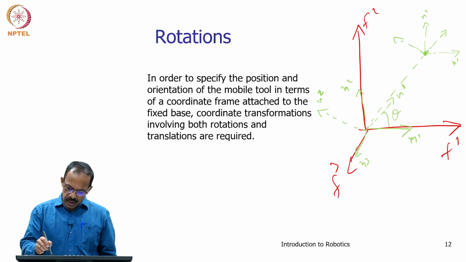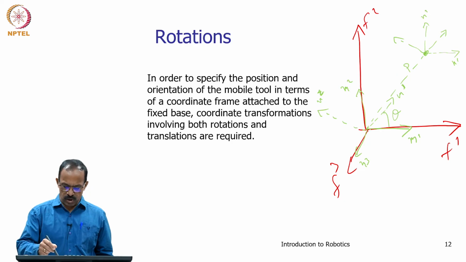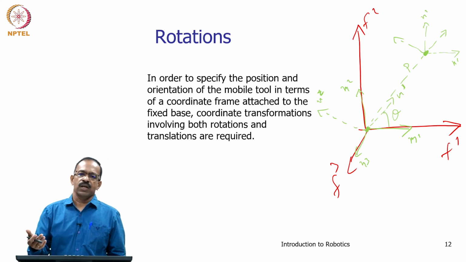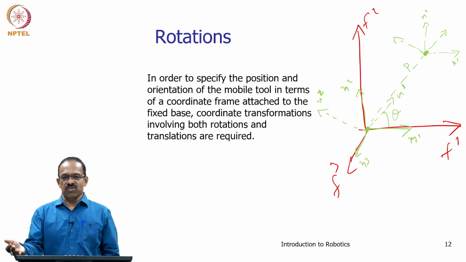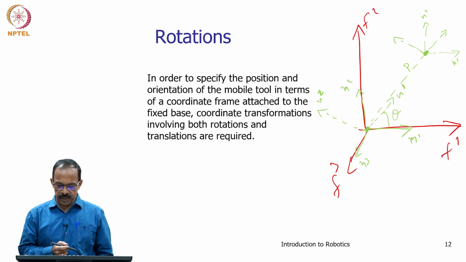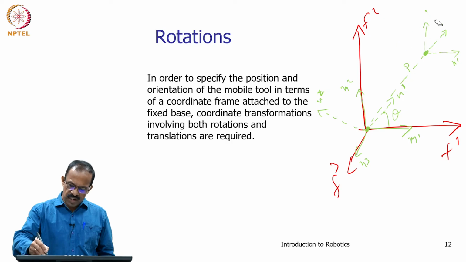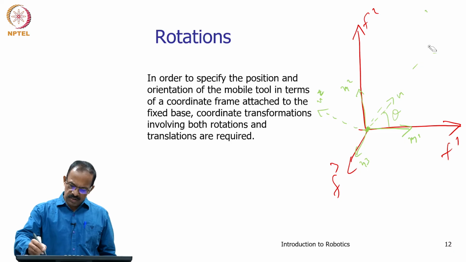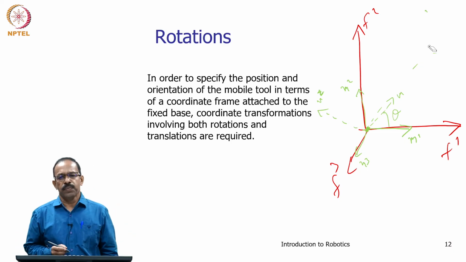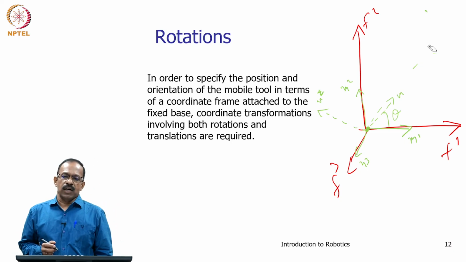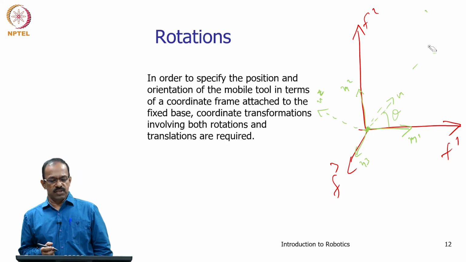So, the coordinate frame can have a rotation or it can have a translation of P. I can say this coordinate frame has moved from here to here and then rotated also. So, you can have a translation and rotation, or a rotation and translation. So, there are different ways of moving. We first consider the rotation only. We consider that the coordinate frame is rotating, and we are interested to know what the transformation matrix is when there is a pure rotation.